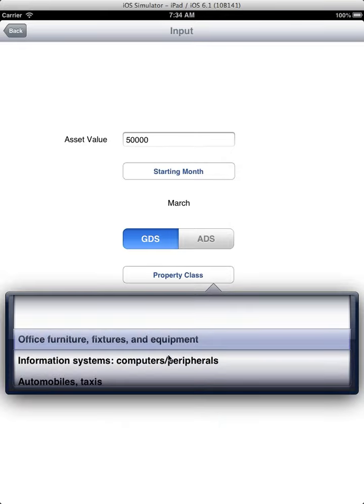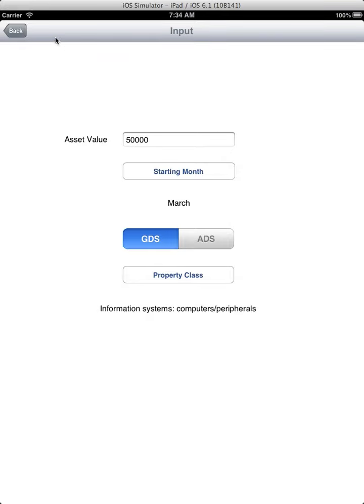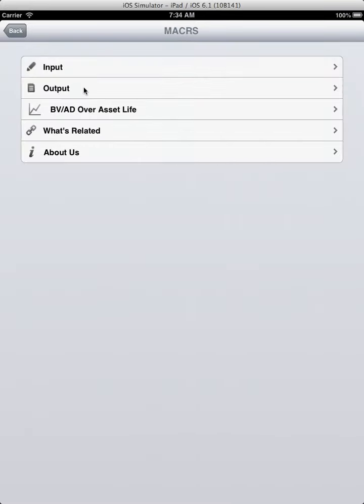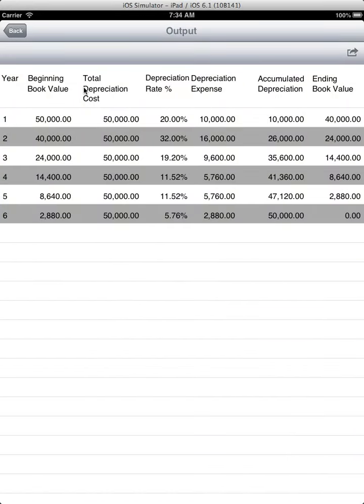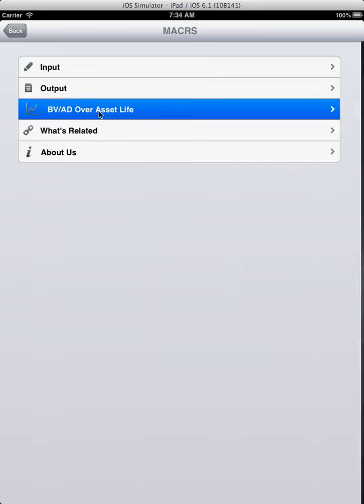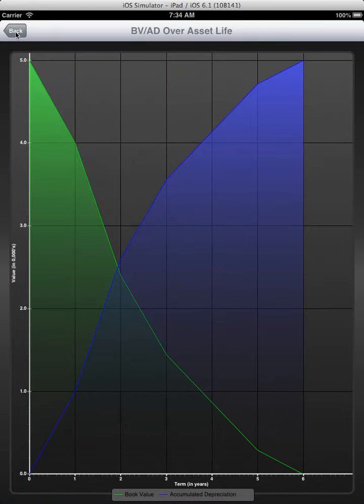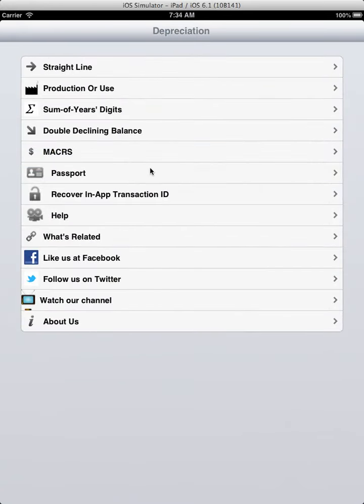We also select the property class. Once you are done, it calculates the asset life, and here is the depreciation schedule, and this is the graph. Okay, so this essentially covers all the depreciation methods, including the IRS method, the MACRS, modified accelerated rate schedule,